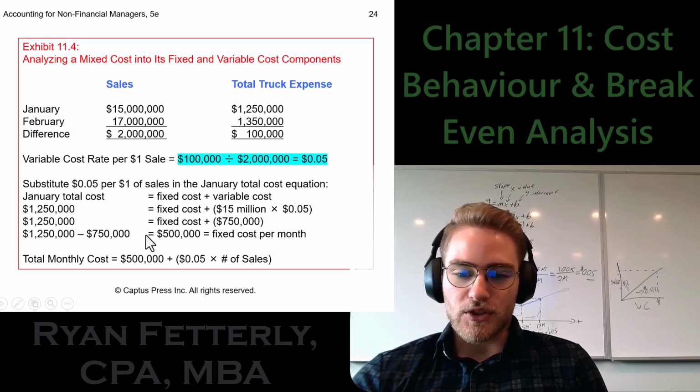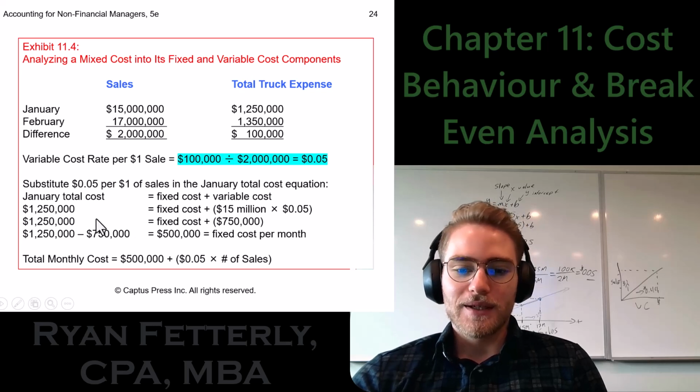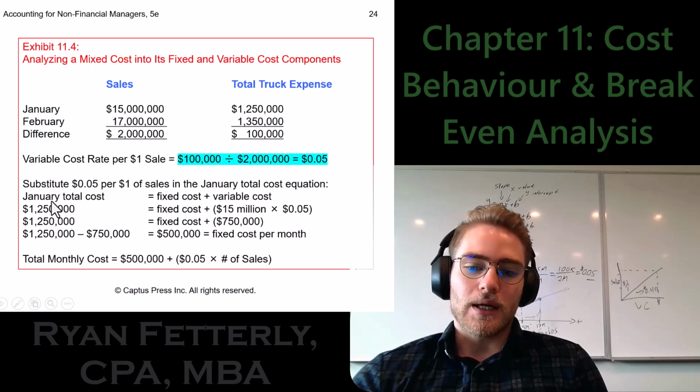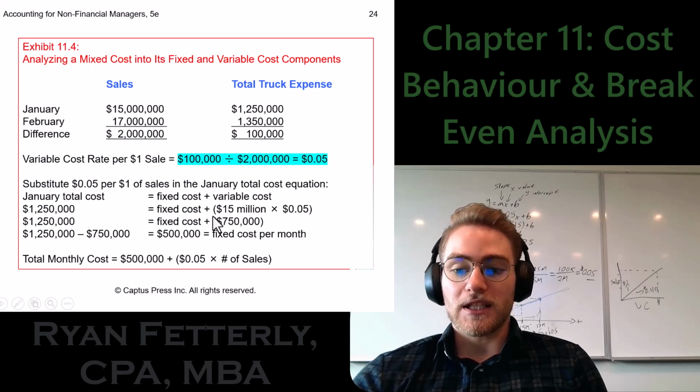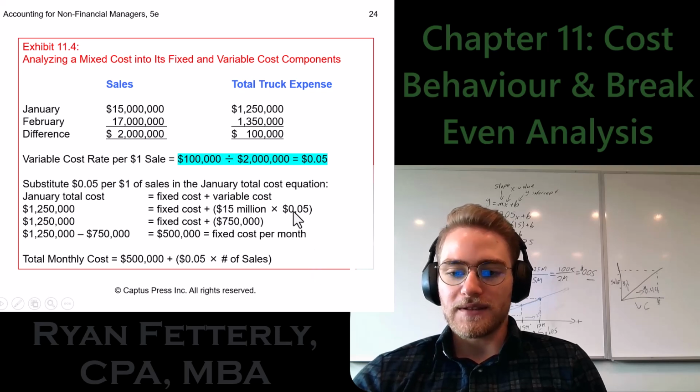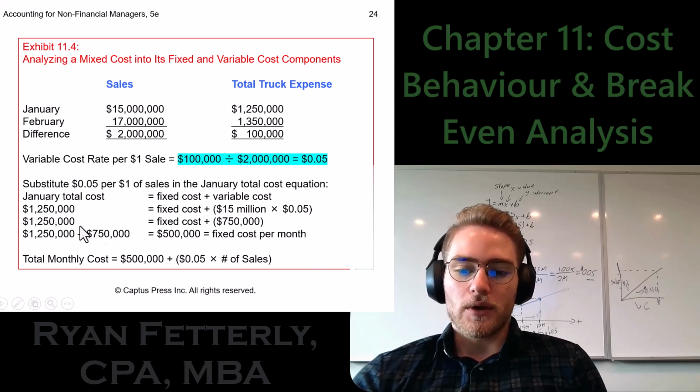In this case, they're flipping it around a little bit. They're saying my total cost can equal my fixed plus my variable. So I know what my total cost is, and that's 1.25. Then I'm going to say it equals my fixed plus my variable cost, which is the 15 million multiplied by the 5 cents. So that means 1.25 million will equal my fixed cost